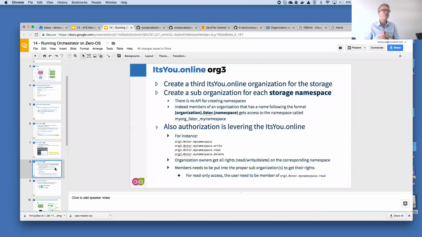And then the third organization, remember, we have 3 organizations, and remember, you could also create it in one single organization. You're free to do so. The third organization, and that's where we introduce it, introduces this new concept of storage namespaces. We won't discuss this too much today, but the concept is simple.